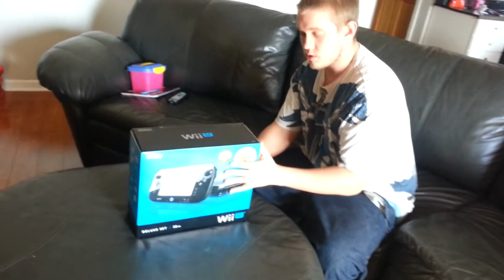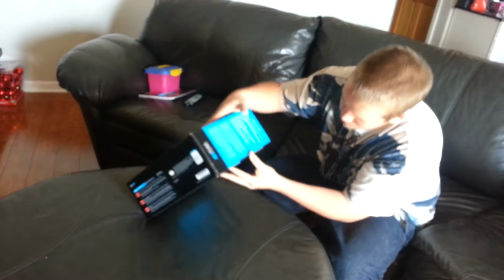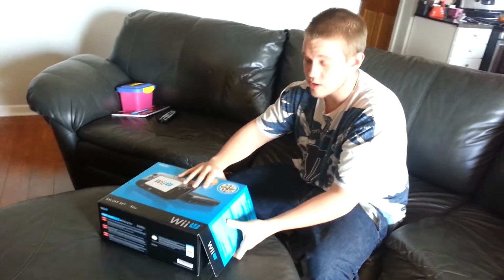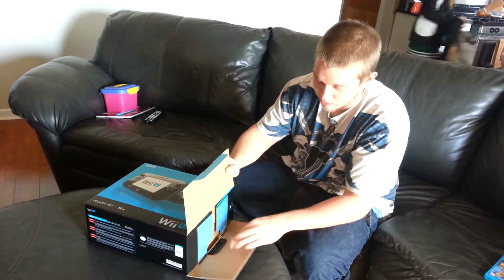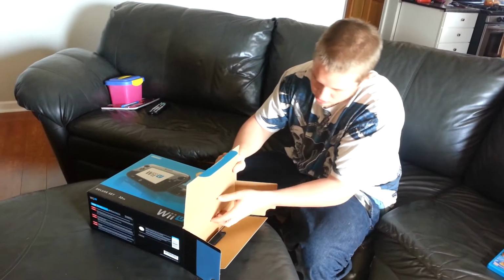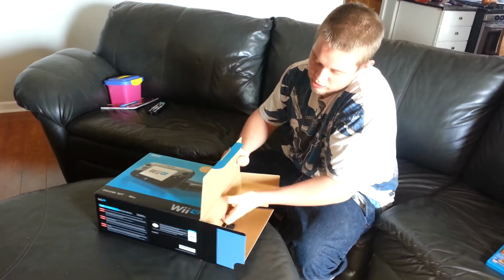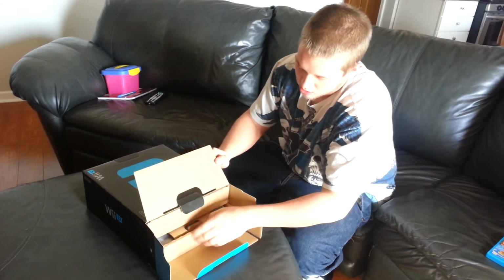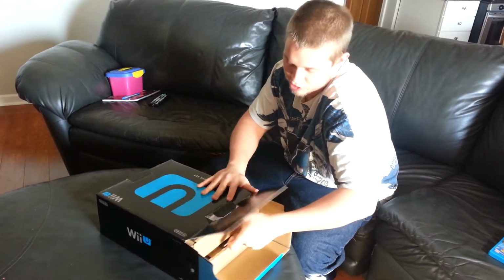But let's take a look inside of the Wii U. So we're gonna open it on the side. When you guys get yours, make sure you open it on the side because it's boxed just like the regular Nintendo Wii. It's on its side, so you're gonna pull it out. Hopefully okay, so it's the other side, so like that. The first box